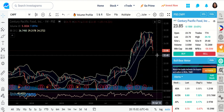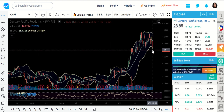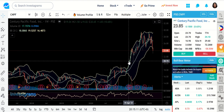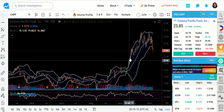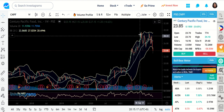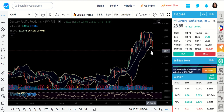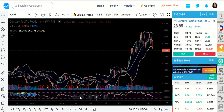Currently, the next support, because it is now triggering the lower band. And always remember what I said before, that if we are to trigger the Bollinger Band on either side, for instance this one, it triggered the upper band, the continuation in that direction happened. Now we're starting to trigger a Bollinger Band down below here, so definitely in the next few weeks, because I'm looking at the weekly chart, the possibility of it dropping is